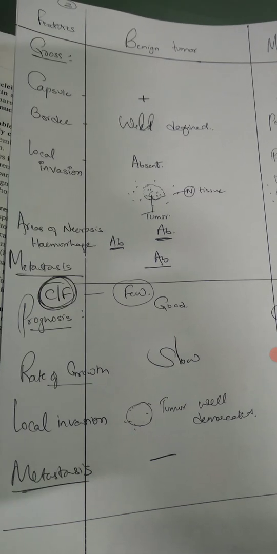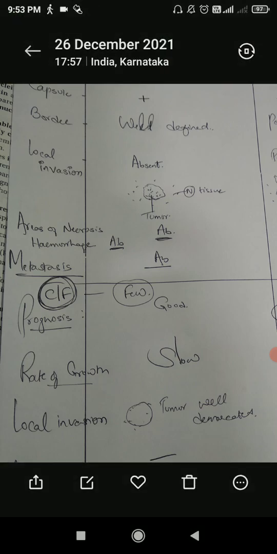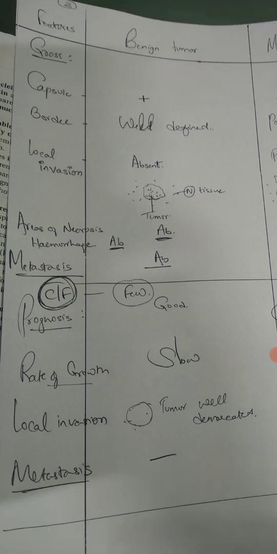Coming to the gross difference between benign and malignant tumor, the capsule is usually present in benign tumor. The borders are well defined and the local invasion is absent. So whenever you see in gross histopathology, if there is a well circumscribed spherical mass, well defined mass without invasion to the neighboring area, then area of necrosis and hemorrhage are absent, metastasis is absent,